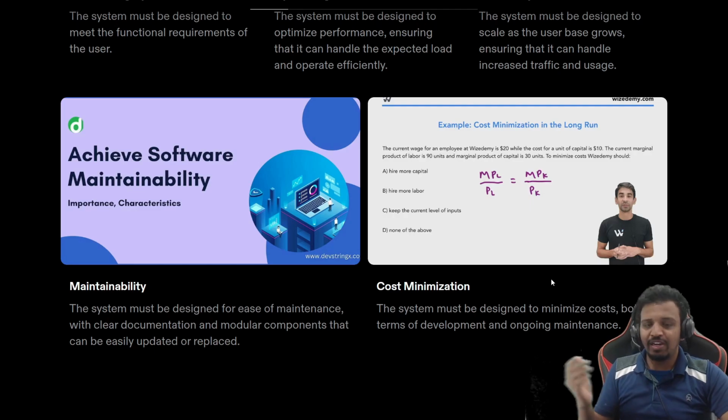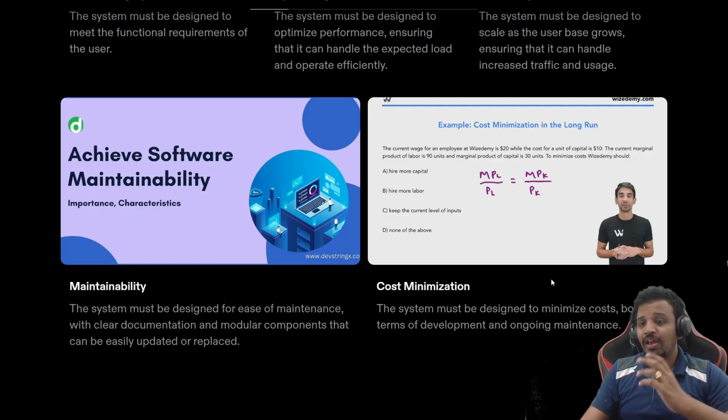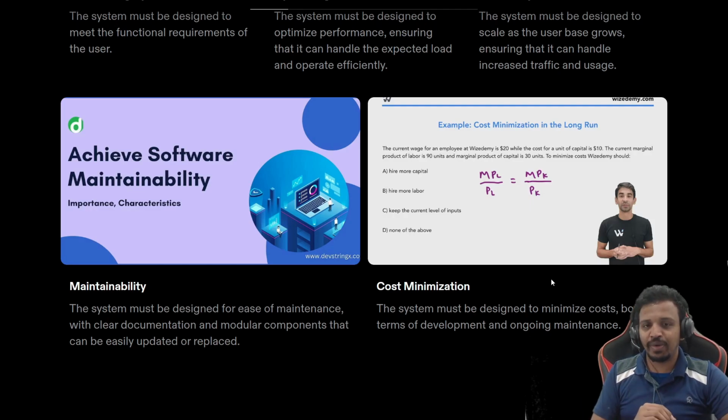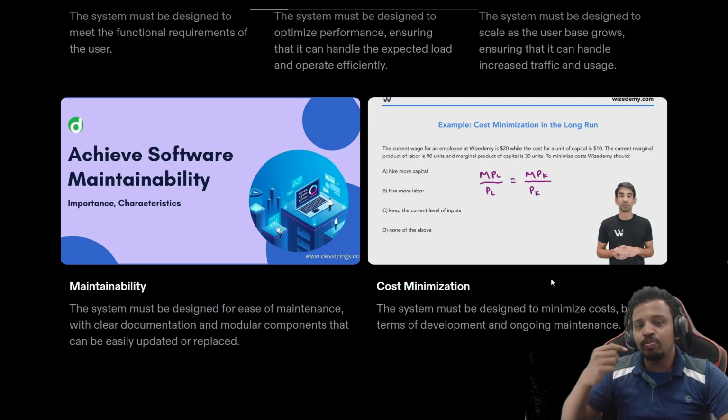Is it being cleaned properly or not? If that is not the case, then whoever comes later to look after the system will not be able to manage it at all. Continuous patching to increase the life cycle and all such things should happen. So this is one of the purposes of system design. Now why it comes as part of system design is because if it is not considered, the system may still be managed, but because as part of system design you did not consider maintenance, the system that you are going to create is not considering these bullets, resulting in a bad system.